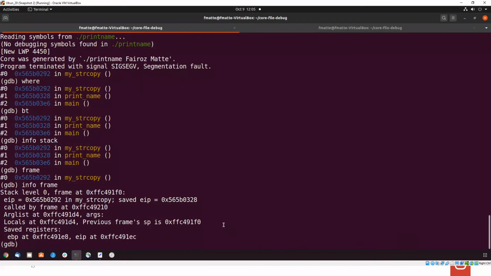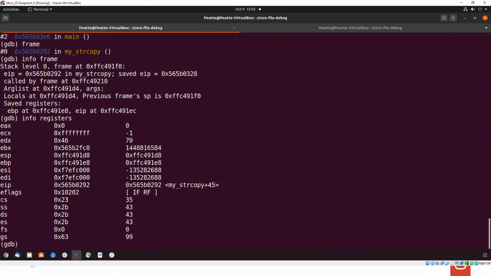So I know EBP, which is this. If you want, you can read all the register information, because EBP, ESP, stack pointer, all those things will be here. This is ESP, or the last instruction executing. EBP is the base where you are in, all that information will be there. But that's okay. What we want to know is to read the first parameter of this my strcopy.